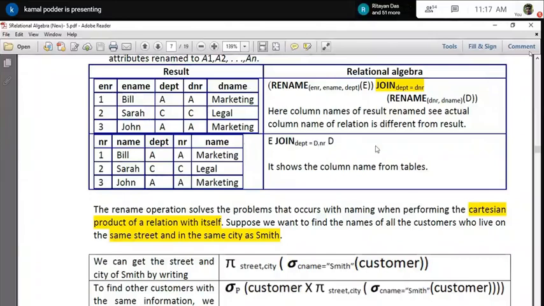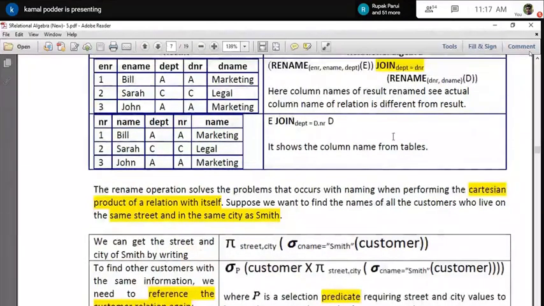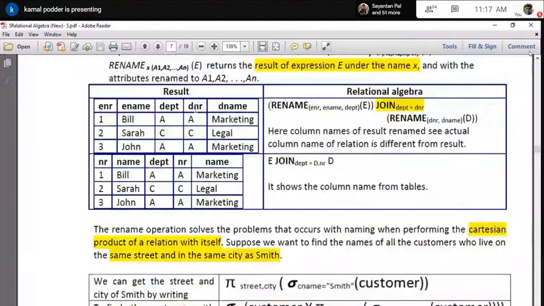Okay, say here I have just given, after doing that, department is the column of the E number, and DR number is a column which is coming from the department. If you don't rename it, most of the cases we are using the same column name while establishing the foreign key.